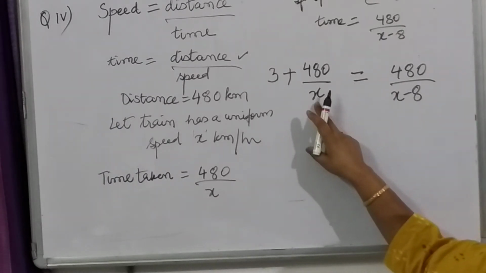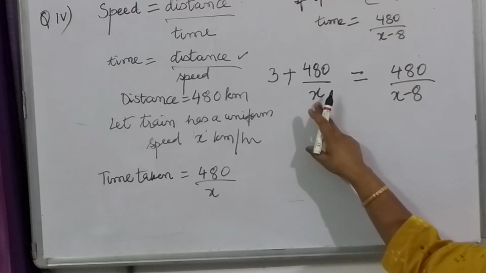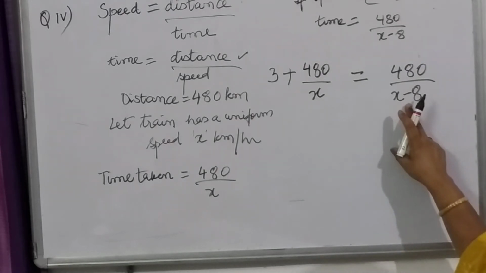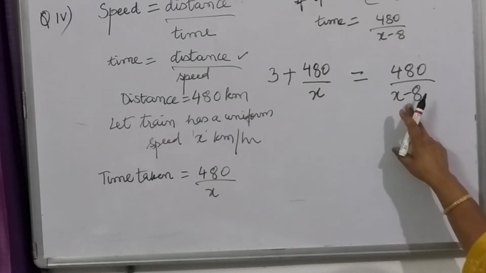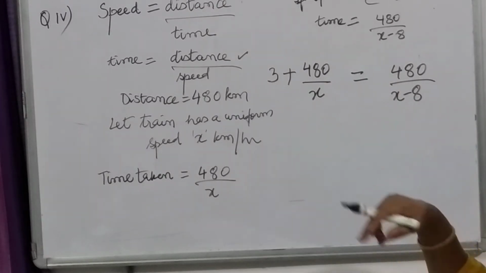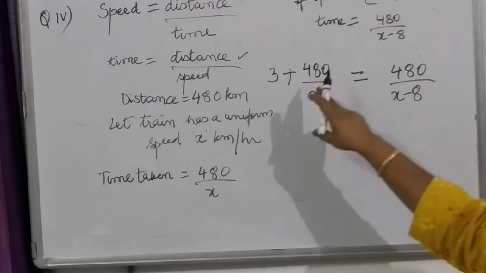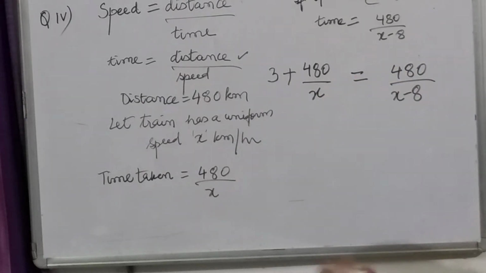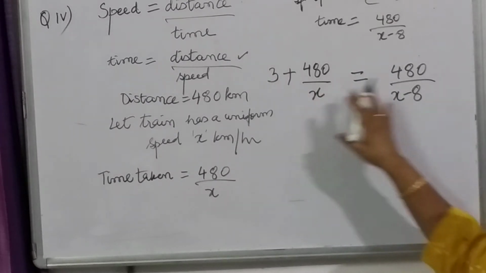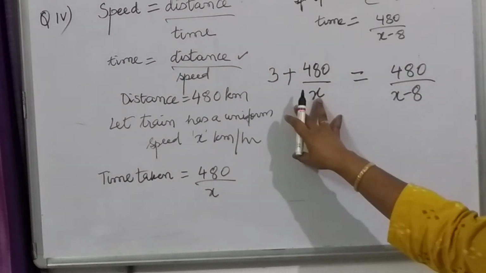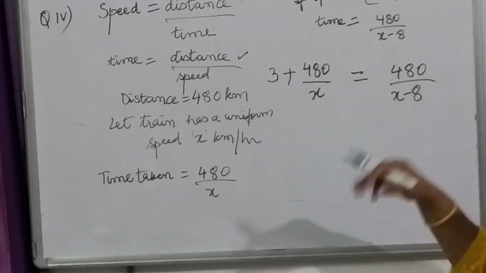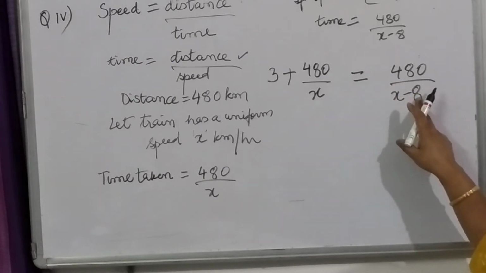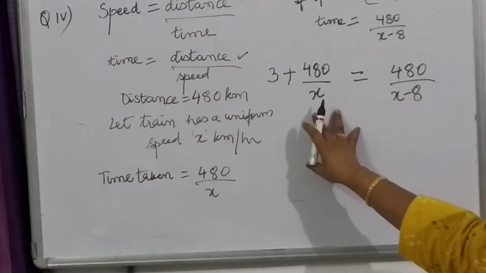Now I know that this was my uniform speed, so the time taken was 480 upon x. This is the time taken when the speed was reduced by 8 km per hour. And they are saying that now the train is taking 3 hours more. Means, पहले ये 7 बजे पहुंच रही थी, अब ये 10 बजे पहुंच रही है. तो 7 और 10, what is the difference? 3 hours. अगर मैं यहाँ 3 hours ऐड कर दूं तो क्या होगा? ये भी 10 बजे पहुंचने लग जाएगी. मतलब दोनों को मैंने इक्वलाइज कर, दोनों सिचुएशंस को मैंने कंपेयर कर दिया. So if I have this equation, now my final format is this one.